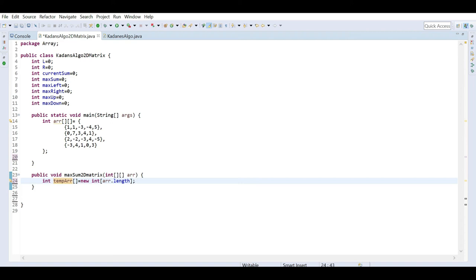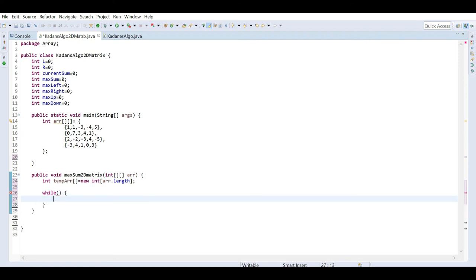Okay, and then we have to write a first loop. This loop will run until our L, this left value, reaches the last column length. So what is the last column length?